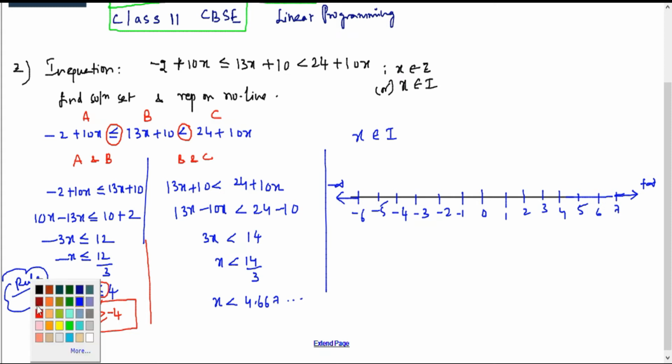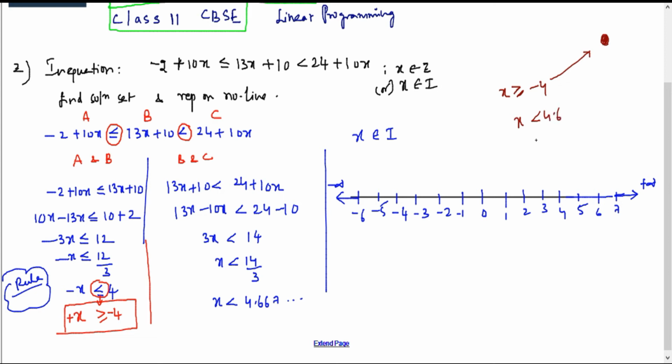And as I've mentioned already in the previous classes, you have noted it, that here two things are possible. x is greater than or equal to minus 4. So minus 4 is with the equal to symbol, so it should be a shaded one, correct? And x is less than 4.6. What is the integer which is less than 4.6? Of course it should be equal to 4, because the value is actually 4.6. When you divide 14 by 3, you will be getting the value as 4.667. But 4.6 does not belong to integers.